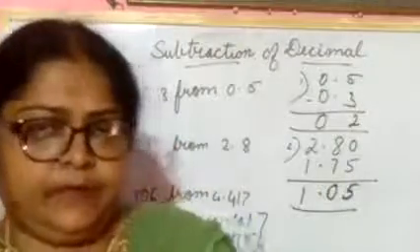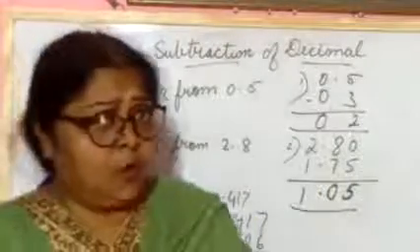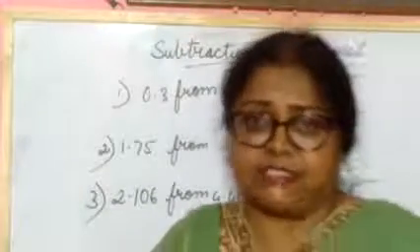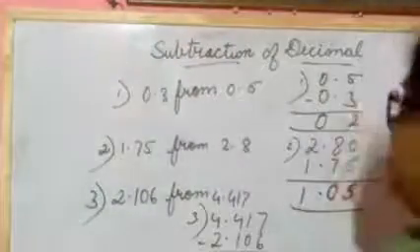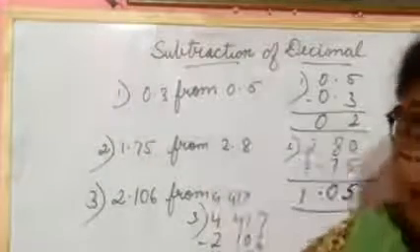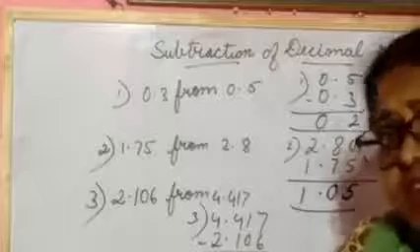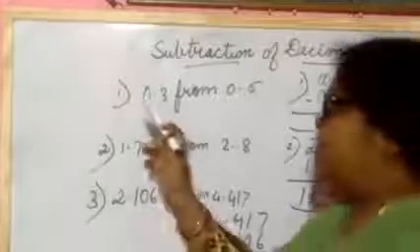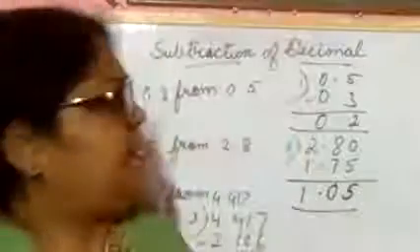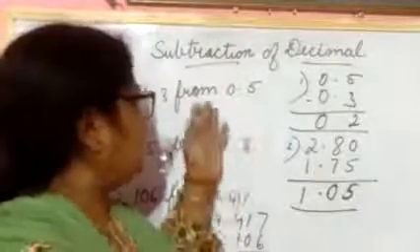2.311. Now, what have you learned today? Today you have learned how to subtract decimals. In question number 1, what you have seen is that when a number is given,